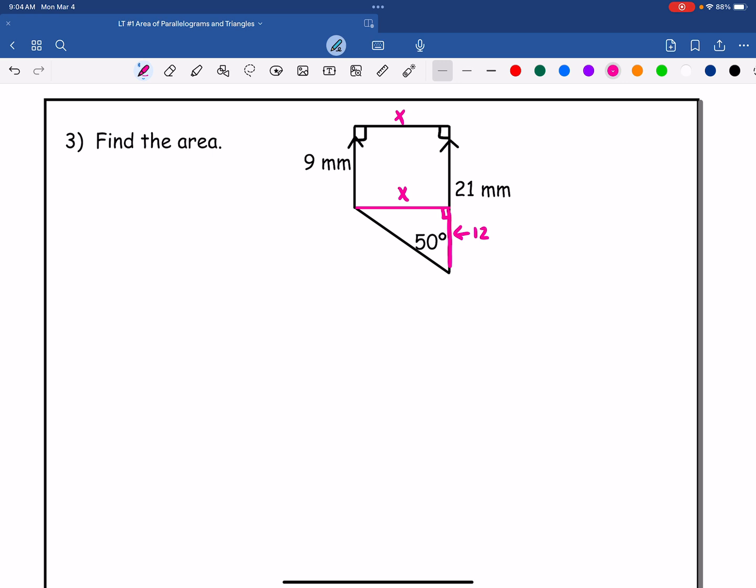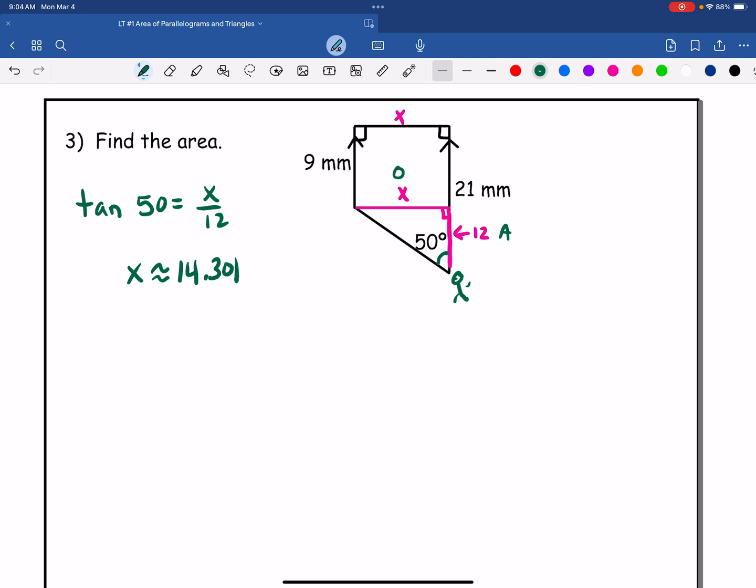And what I end up with in this triangle is, if this is 50 and I'm standing there, this is my adjacent side, this is my opposite side. If I do the tangent of 50, I will get x over 12. That allows me to solve for what x is, which is the height. So I'm just using trigonometry. So I do 12 times tangent of 50, and I get that x is approximately